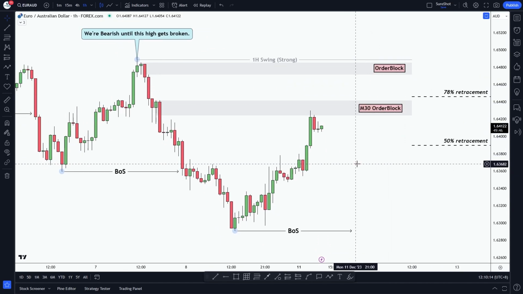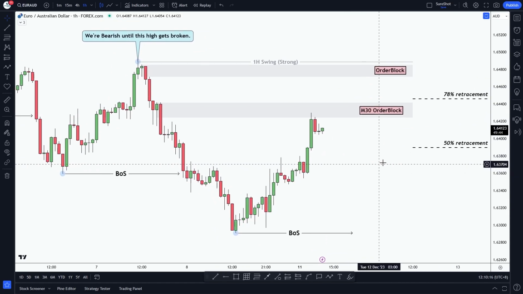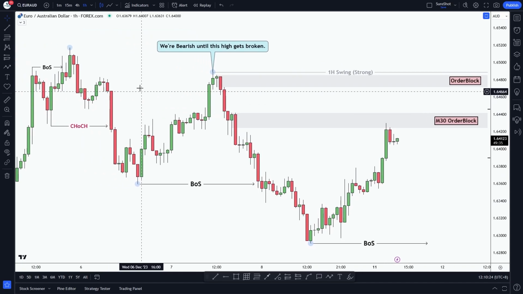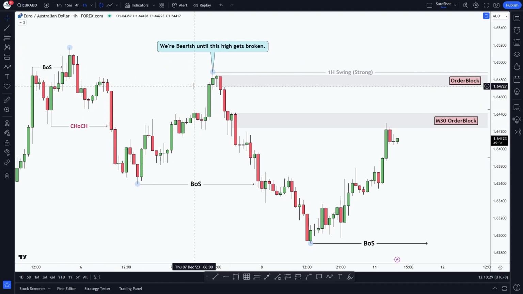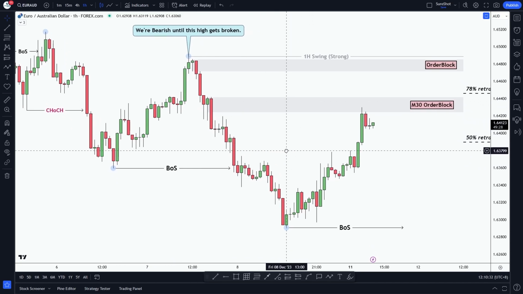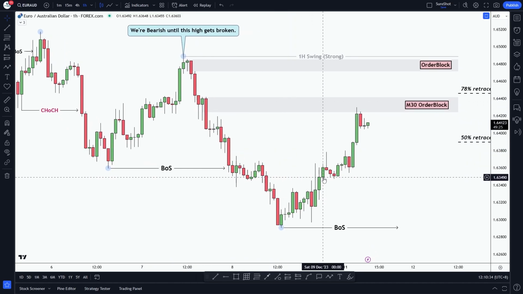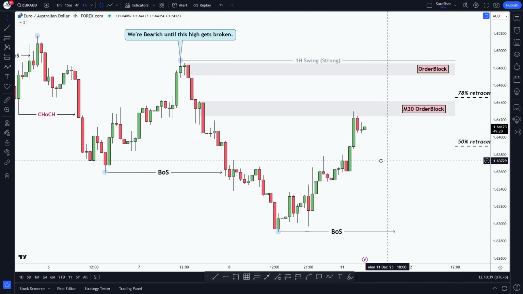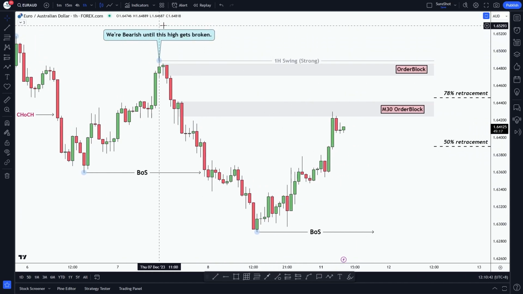So let's summarize the forecast for you once again. EURAUD bias is potentially bearish this week. Last week we saw a bearish continuation move, and I'm hoping that it will continue this week as well. So we'll be looking for sell setups at pullbacks for the rest of the week until this high gets taken